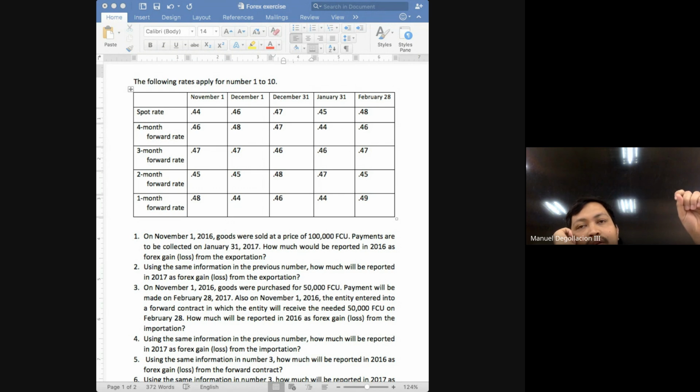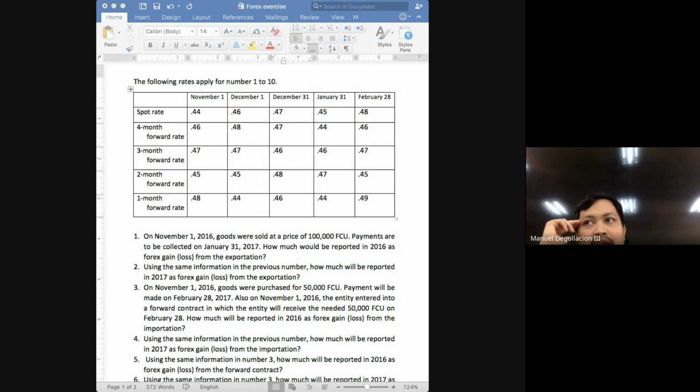Do you follow? So aside from knowing that you will have to prepare an entry in the date of delivery, class, the next question you will have to ask is, at what amount should it be recorded? Of course, it will be in peso. And the next question you have to ask is, what rate am I going to use to convert this price that is denominated in foreign currency? And again, what are we recording in the date of delivery, class? Purchases or sales and accounts payable or receivable. And these are to be recorded, to be recognized to account for what kind of transaction, importation or exportation.